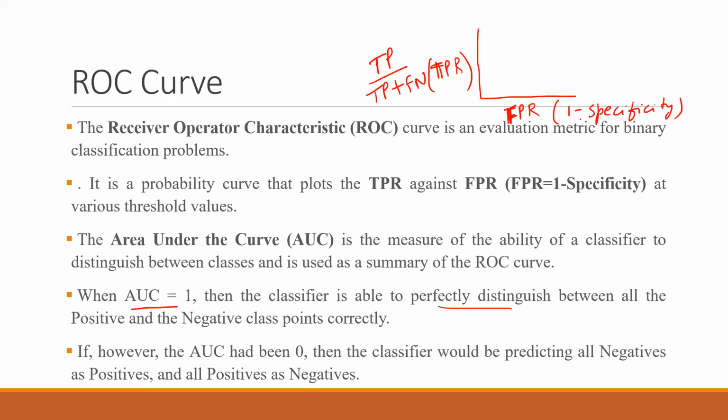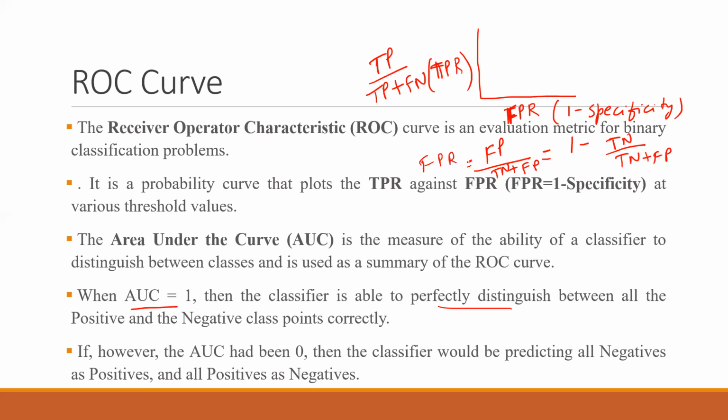And specificity is the true negative rate. So true negative rate means true negative upon true negative plus false positive. Now if you solve this, 1 minus that will be equal to false positive upon TN plus FP. Am I right? So this will come in the numerator, TN plus FP minus TN, TN gets cancelled, divided by TN plus FP. So FP upon TN plus FP is FPR. This is false positive rate.